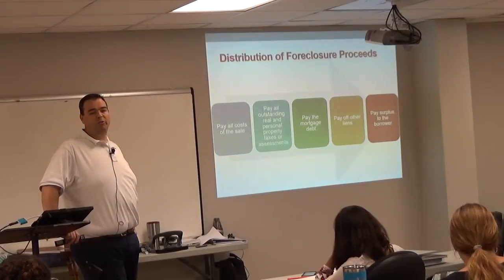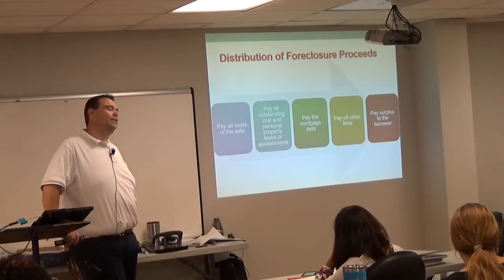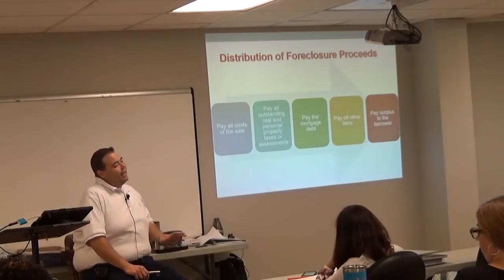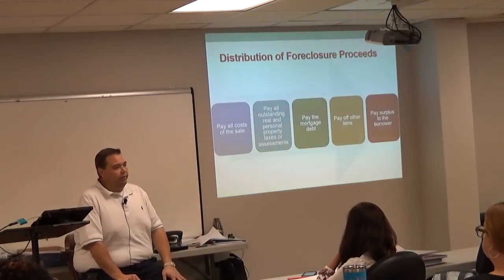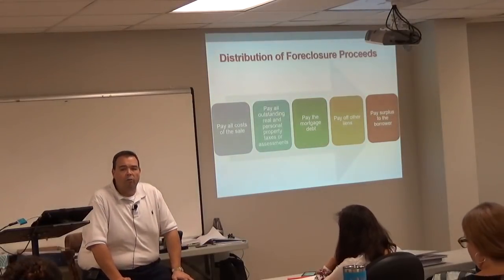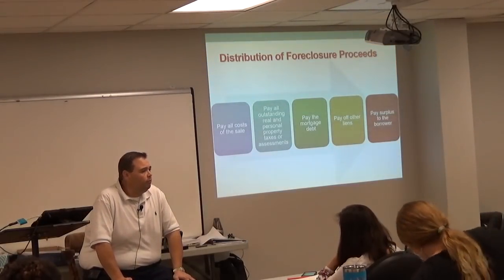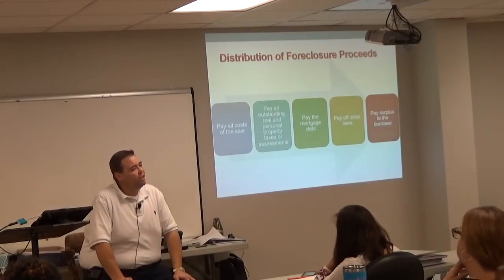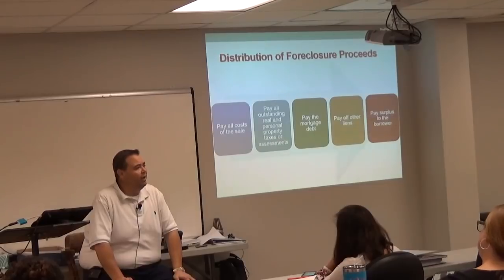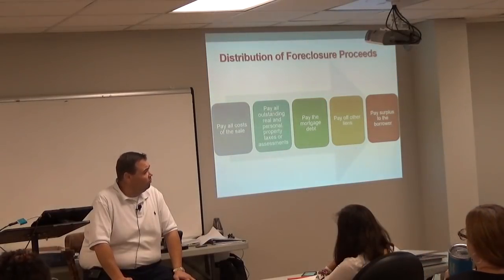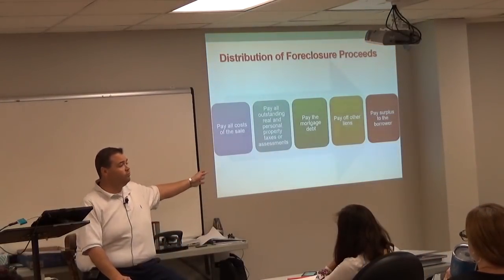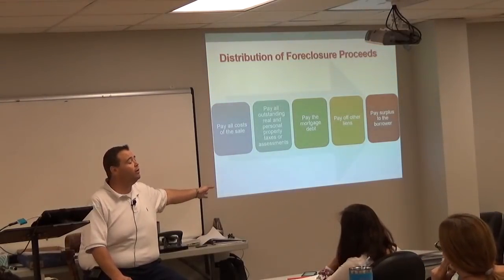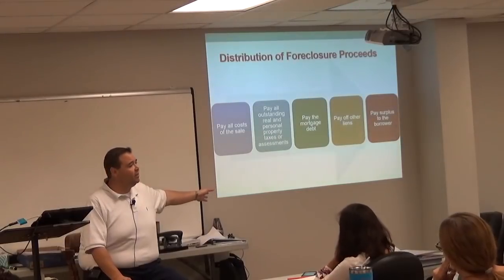Back to the original owner, the borrower that was just foreclosed on. But now let me point something out to you. And I hate to be mean to people, but I'm going to have to be right here. You've got to be all grades of stupid to get foreclosed on if you could sell the property and pay off all the debts and there's money left over. Because you just cost yourself $20,000 in extra fees by going this route versus just doing what? Put it up for sale and sell it yourself.